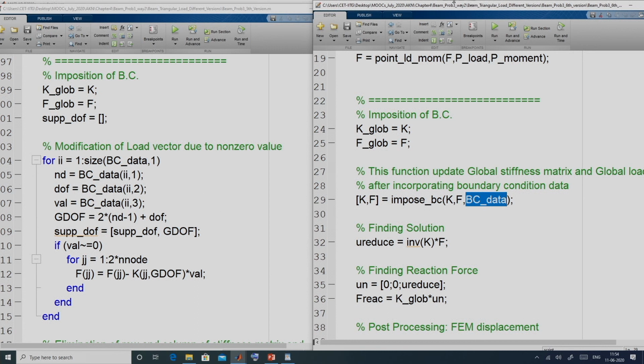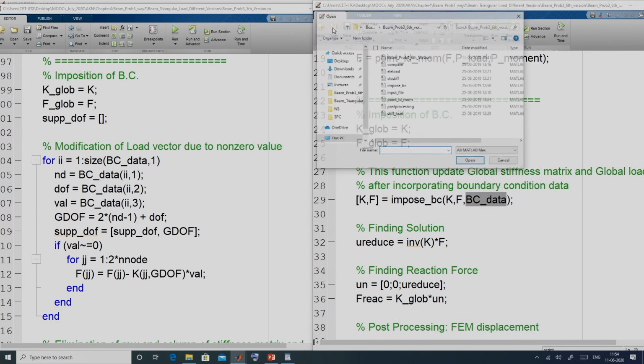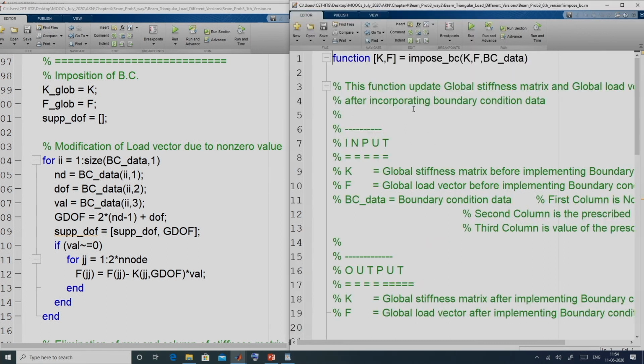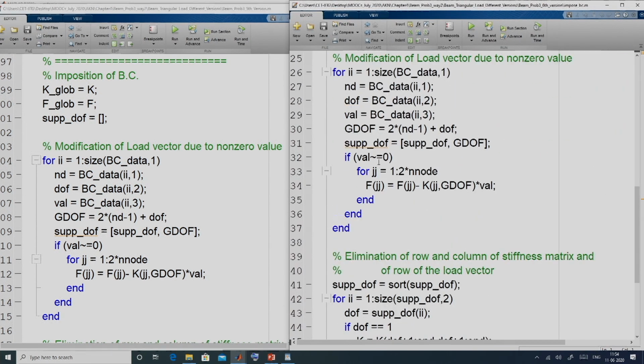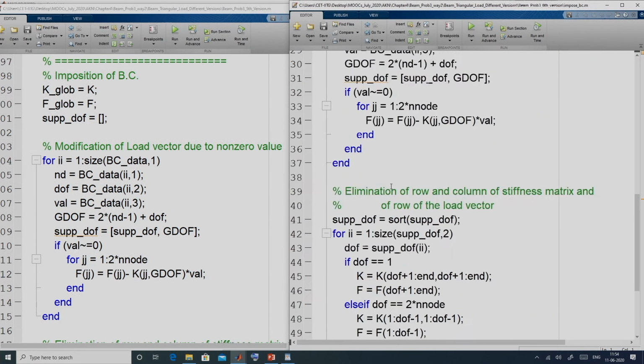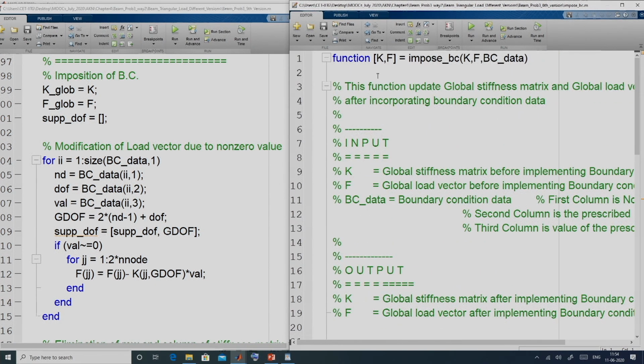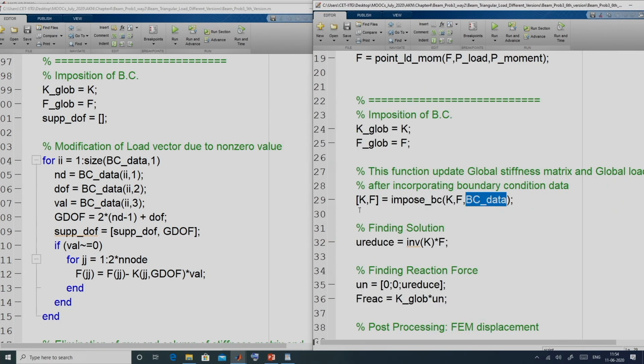In this function impose BC, we do the same operation as described, and finally we get our reduced K and reduced F. This function returns those reduced matrices and vectors.